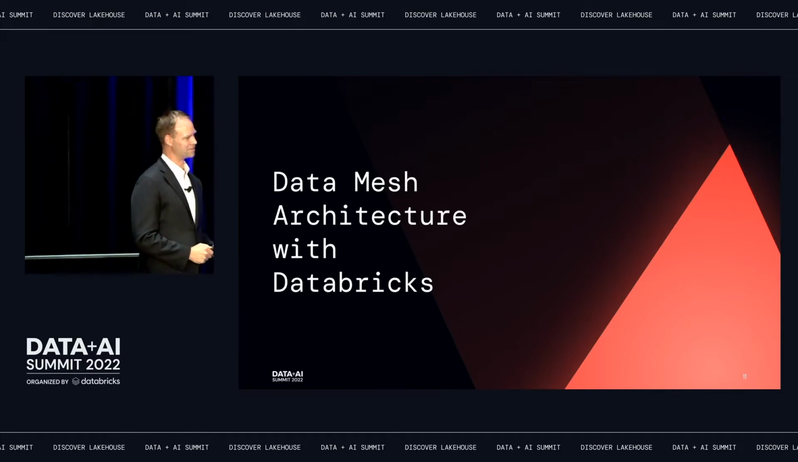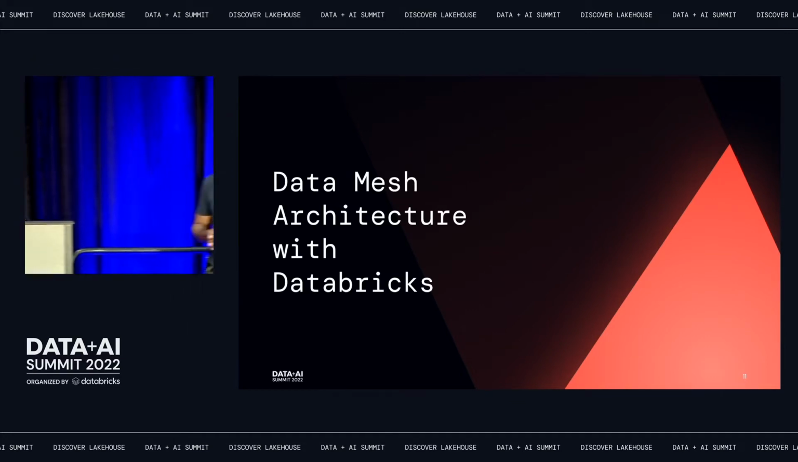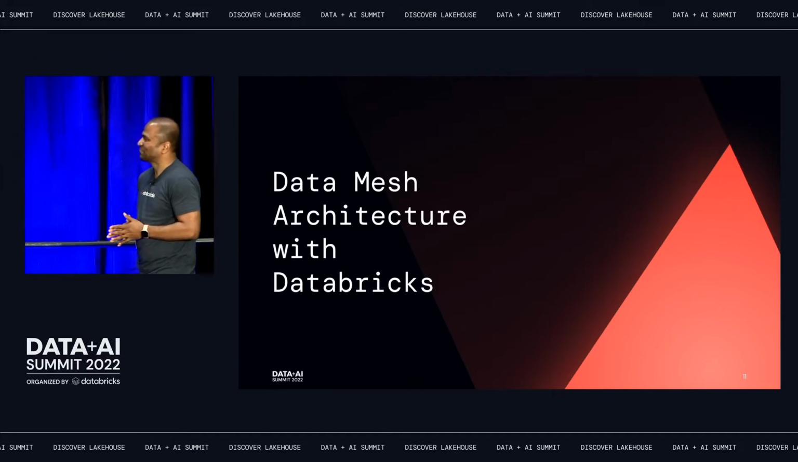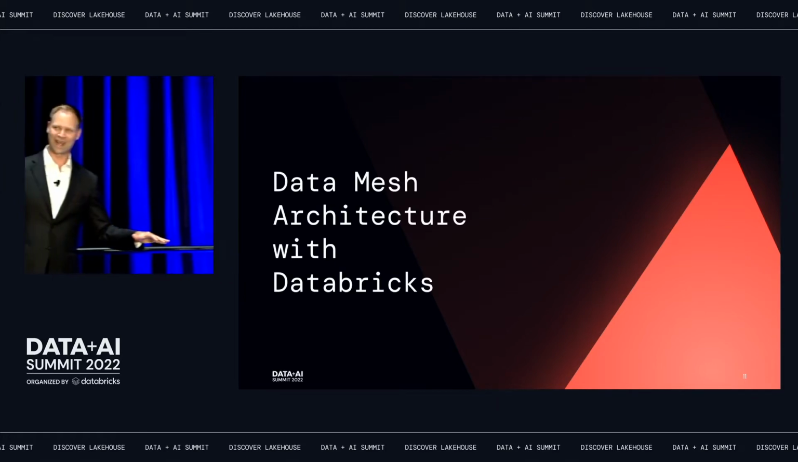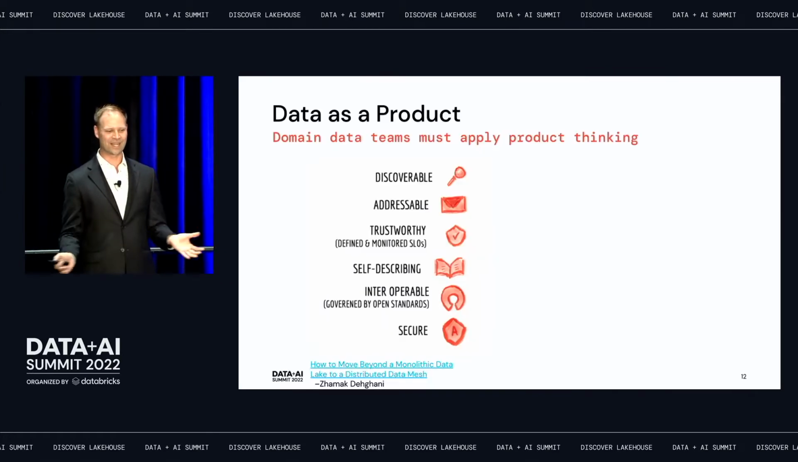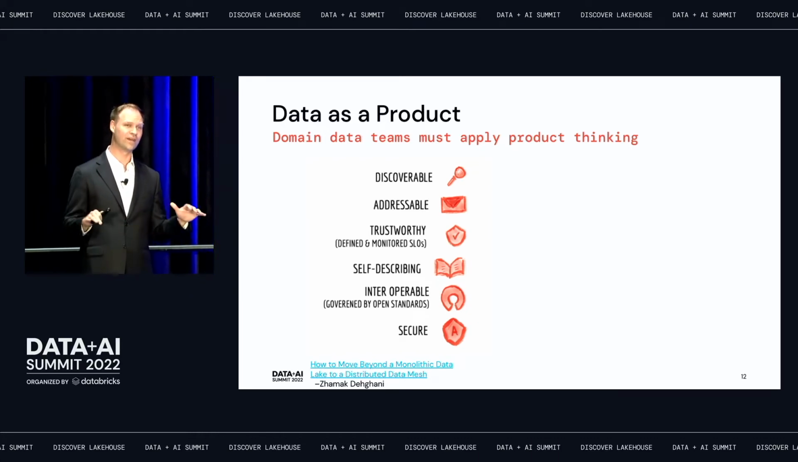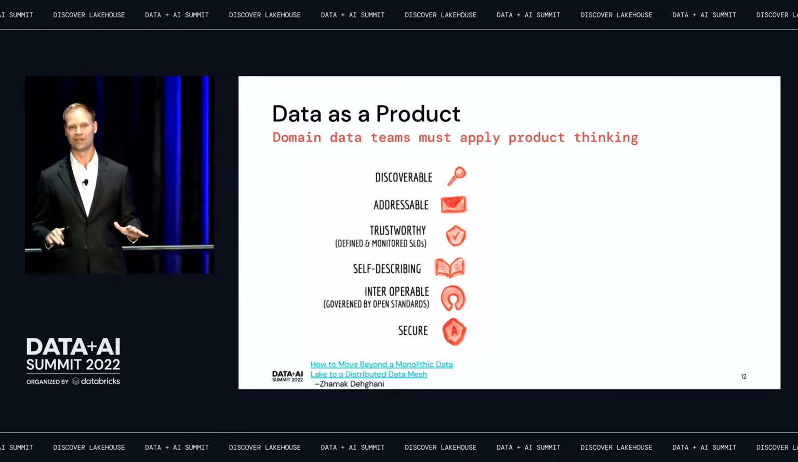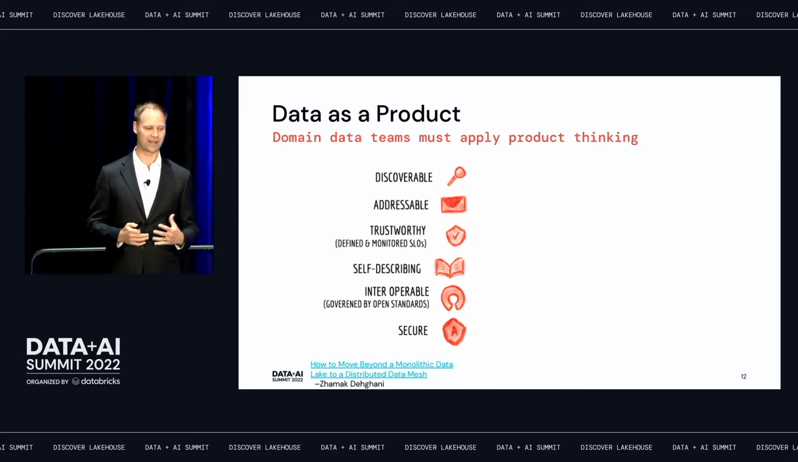All right, data mesh architecture with Databricks. Getting into the details now. We talked about data mesh, we talked about the Lakehouse and Databricks, but how does it actually work? So we talked about data as a product. If you haven't read Zhamak Dehghani's blog post on the data mesh and what it is, I highly recommend